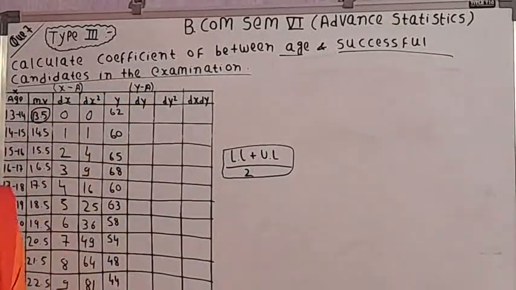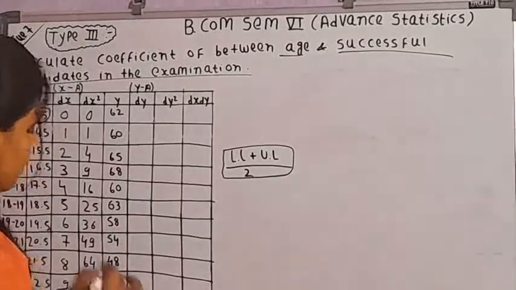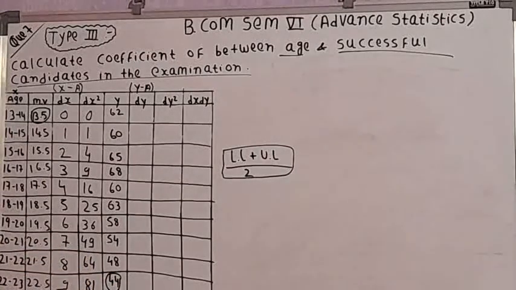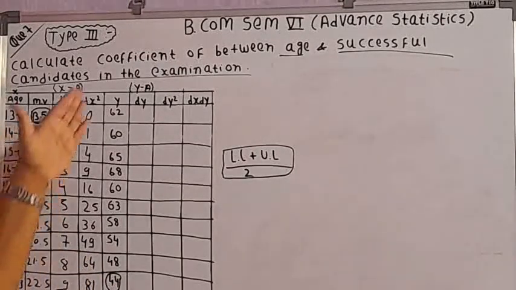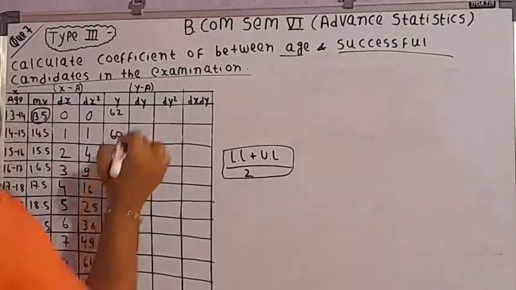So how do we consider the assumed mean? We generally take the smallest value of the series as our assumed mean. So what is the smallest value of the series over here? You can find out that 44 is the smallest value. So we will consider it as the assumed mean. What is the formula? Y minus assumed mean. So what is the first item? 62. What is the assumed mean? 44. So we will do 62 minus 44. So it will be 18.